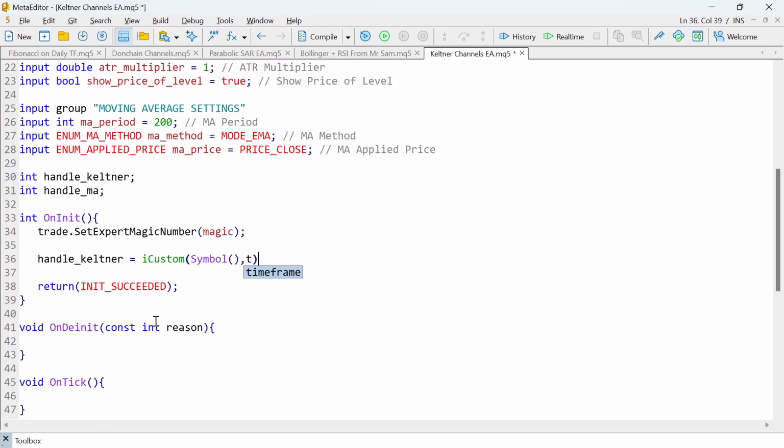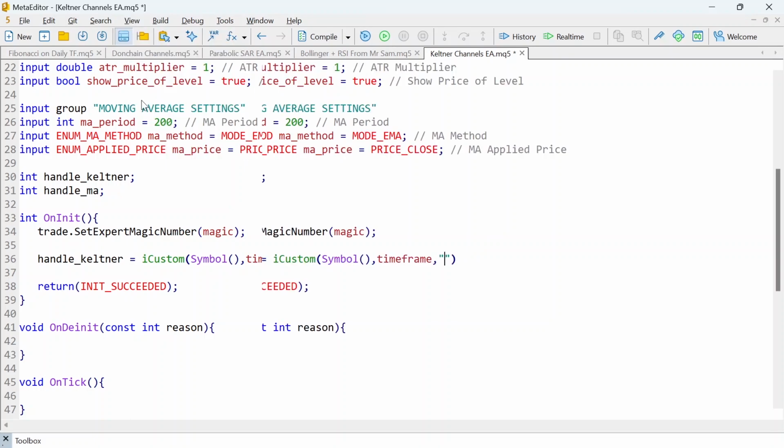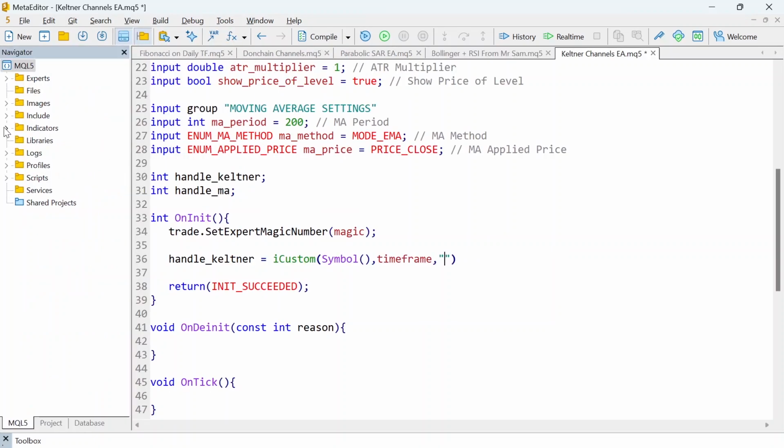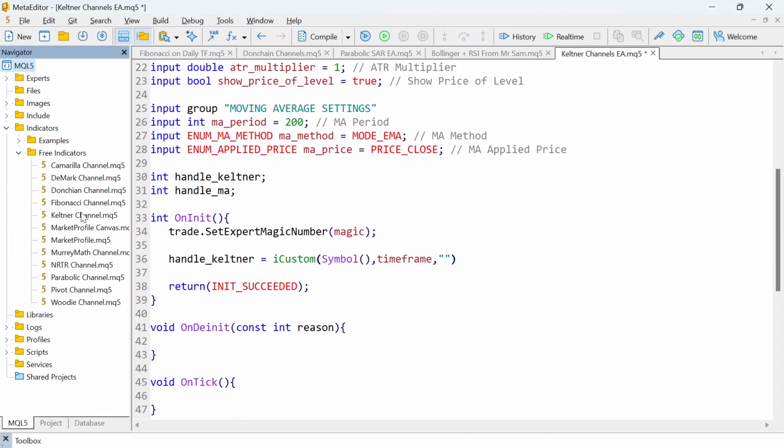Then what time frame? This time frame specified by the user. What is the name of the indicator? You know what? We need to specify that. Oh, let me quickly bring up my navigator. So you can get your navigator from view and navigator. And under here, you can go for indicator, and under indicator, you need to go for free indicator to confirm the name. So I'll just say from free indicators,